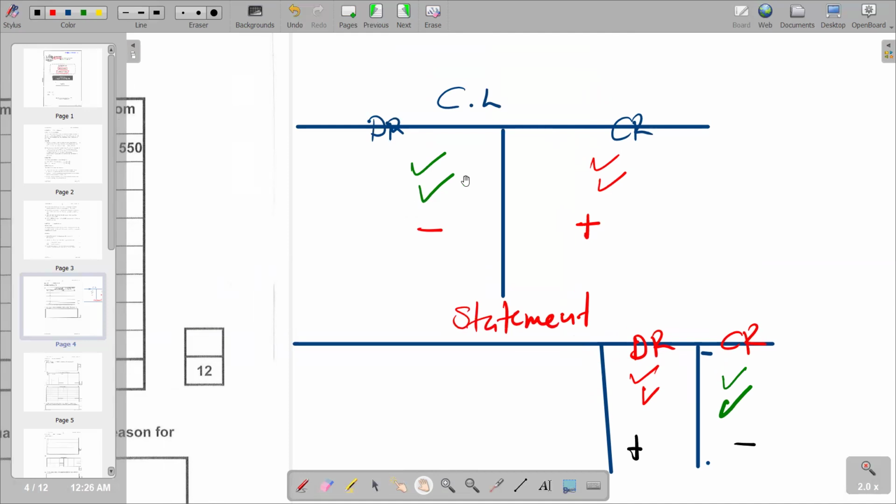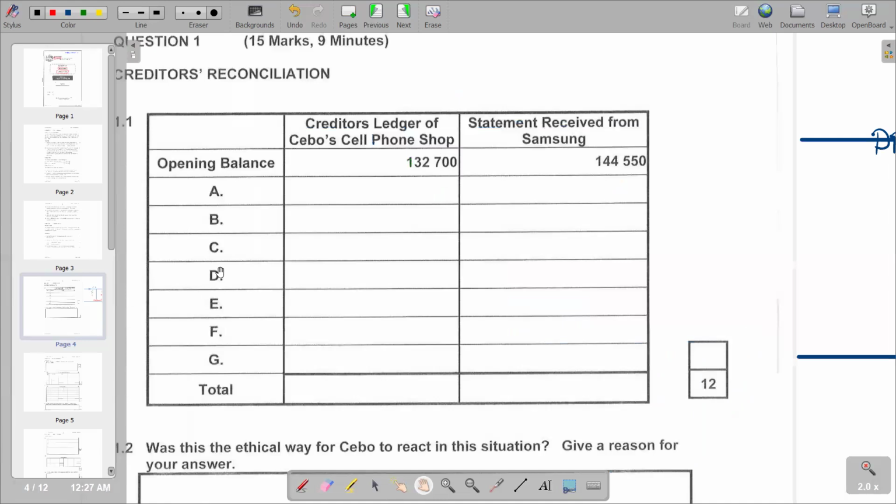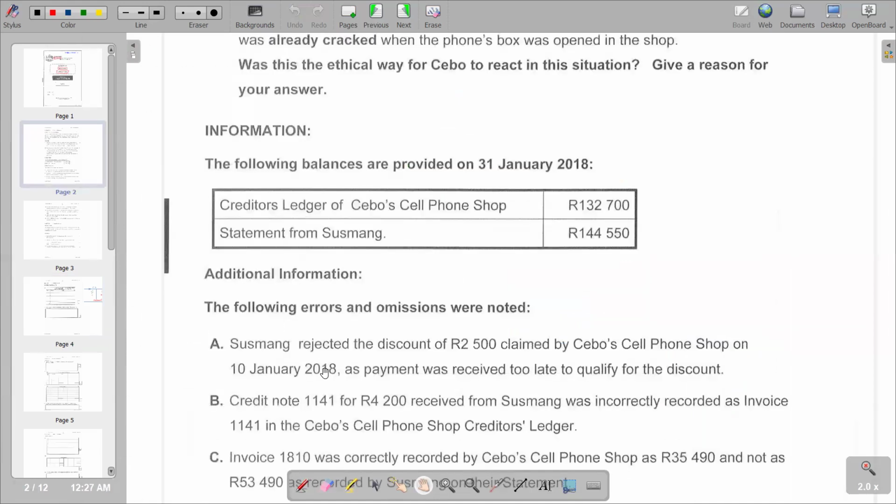We debit on the creditors ledger, and then on the statement we credit. So we can take note from that point of view, then we can correct our errors easily. So we go to the first error that we have, which is error A. We say